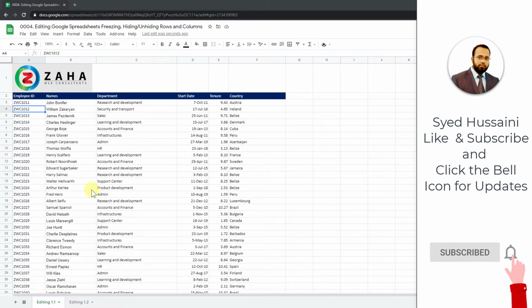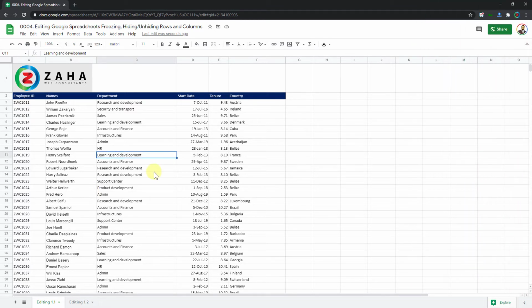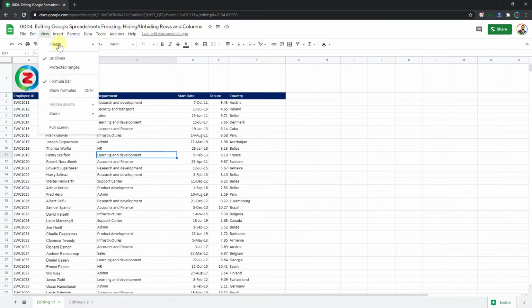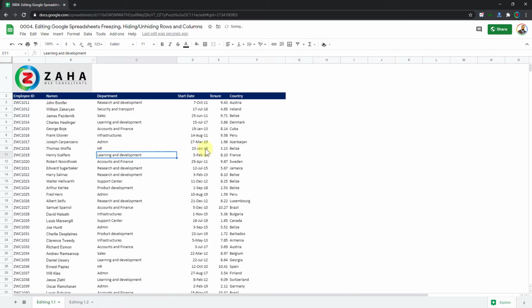lines in Google Sheets. The gray lines that you see on your sheet are grid lines. You can hide them or unhide them based on your requirement. For now, I can see them. That means they are not hidden. If I go to the view menu on the top, I have this option grid lines and I have a little check next to it that indicates that the grid lines are visible on my sheet. All I have to do is click on that and the grid lines are gone.